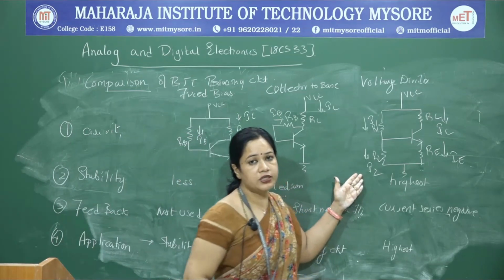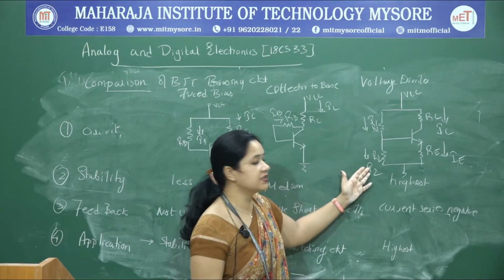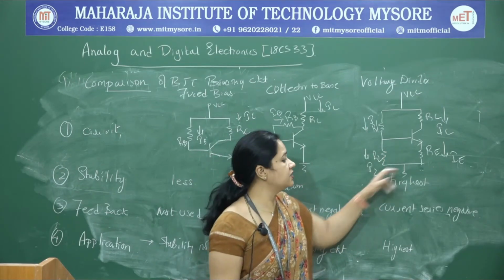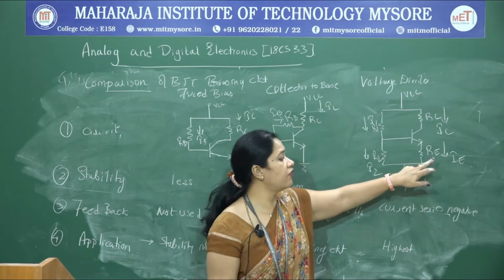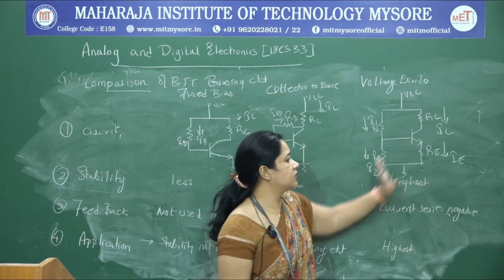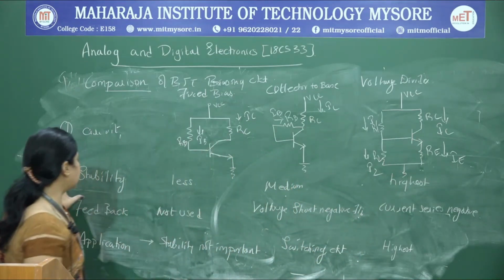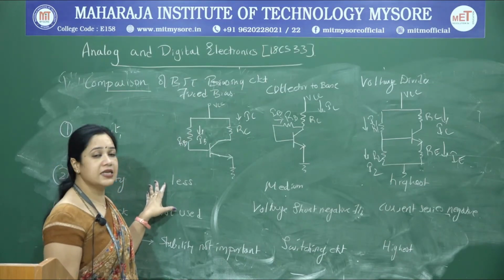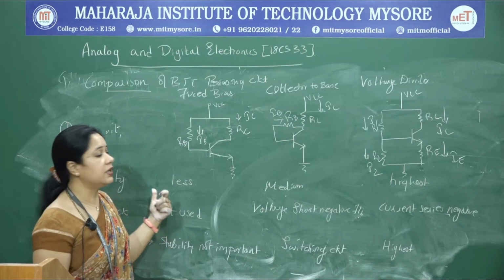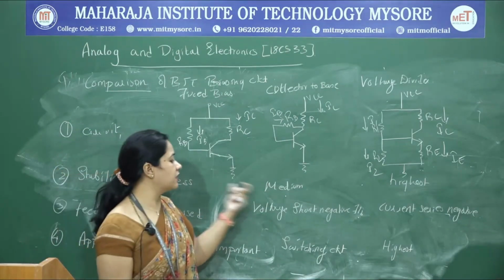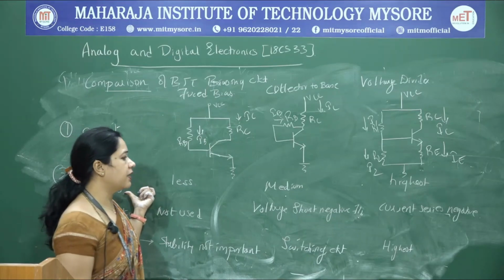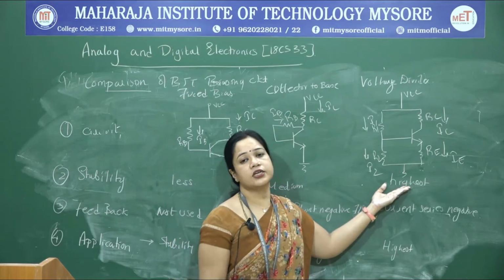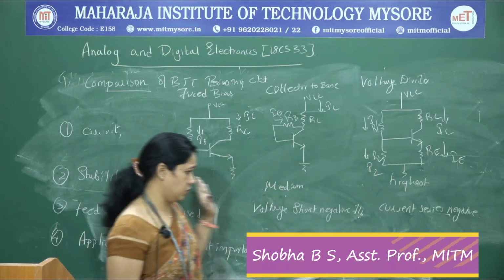When it comes to your voltage divider bias, we have a voltage divider circuit comprising R1 and R2, which gives the biasing, and the stability is improved by the inclusion of an emitter resistance at the emitter of your circuit. So this is with respect to circuit, and considering the stability, as we have already discussed, fixed bias happens to be simplest, and it has less stability against variation in temperature and current gain. The collector to base bias offers better stability as compared to fixed bias. That is where I call it medium stability, and the stability in case of voltage divider is highest compared to the other two circuits.